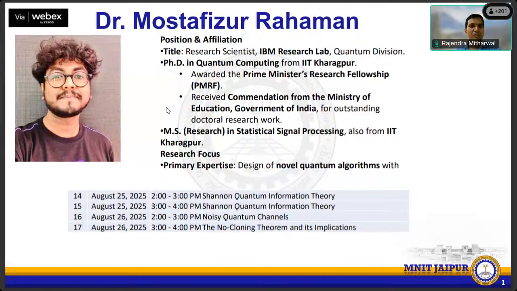Dr. Mostafizur Rahman is a research scientist at IBM Research Lab in Quantum Division. He earned his PhD in quantum computing and his MS research in statistical signal processing from IIT Kharagpur. During his PhD, he received the prestigious Prime Minister's Research Fellowship and commendation from the Ministry of Education for his doctoral research work. His research focuses on designing novel quantum algorithms for various linear algebraic subroutines in signal processing, machine